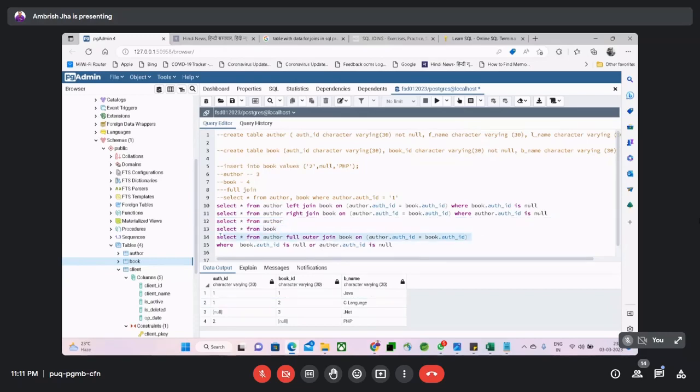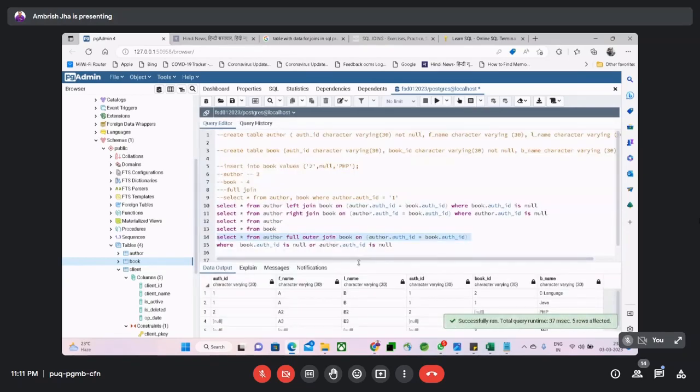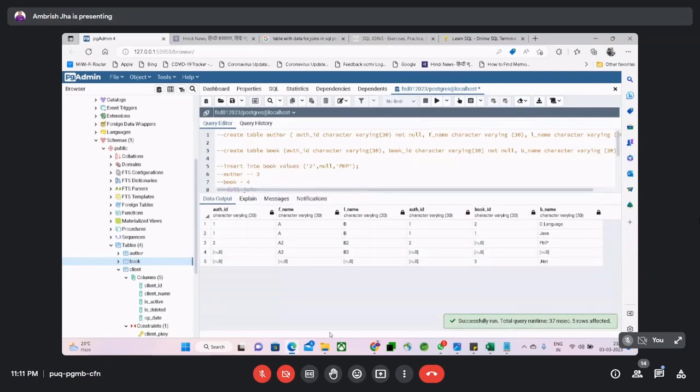फुल आउटर ज्वाइन में इसीलिए 5 रिकॉर्ड हैं, 4 इसमें है, 3 उसमें है, 7 और 2 मैचिंग रिकॉर्ड है, तो 5 हुए। तो 2 मैचिंग रिकॉर्ड कौन कौन से हैं? एक जिसका नल है, मतलब ऑथर आईडी नल है और उधर भी ऑथर आईडी नल है, वो मैचिंग है। और एक वो जिसमें आपको ये मैच हो रहा है, ऑथर आईडी 1।